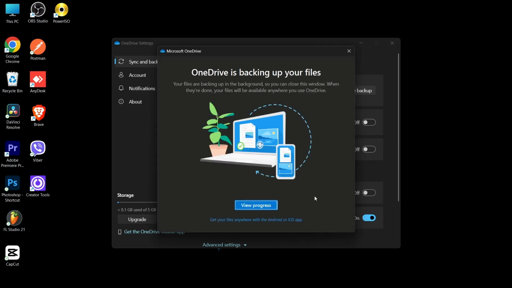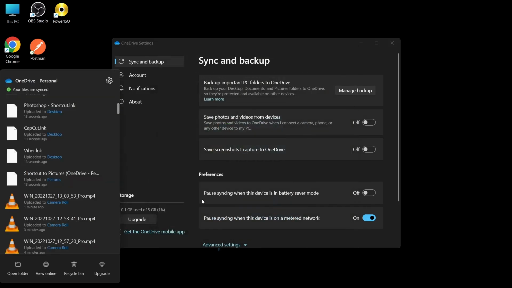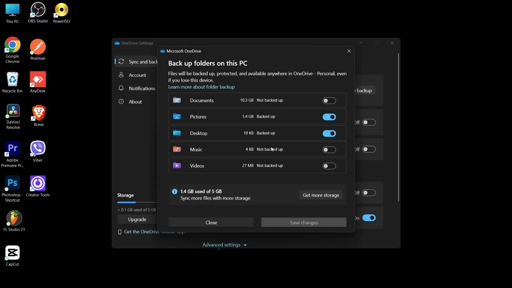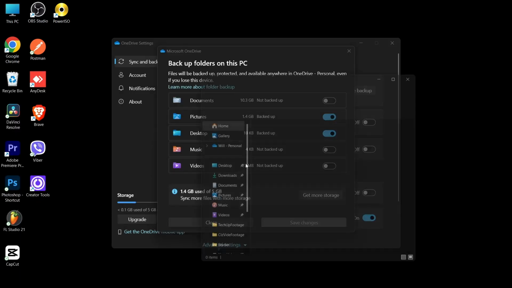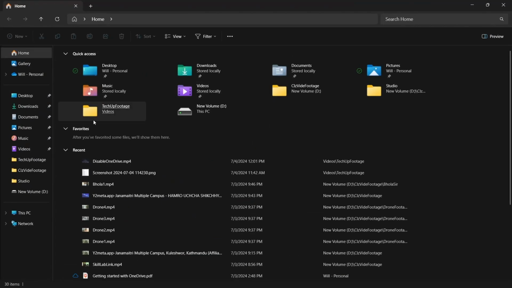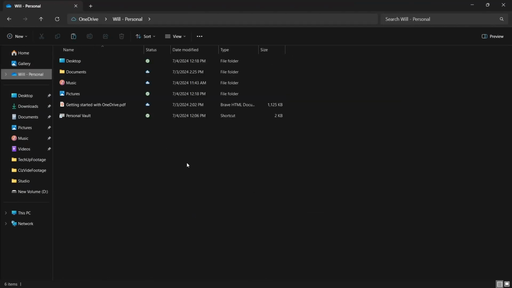To view progress, you can tap on this button, View Progress. And here it is. Now to add any files or folder on backup which is not showing here, open your File Explorer. Then go to your OneDrive folder. Here it is. To add any other folder on backup, simply copy it and paste it here, and it will